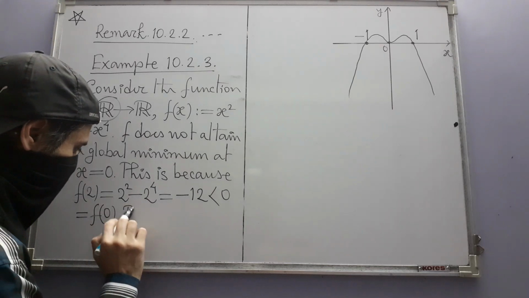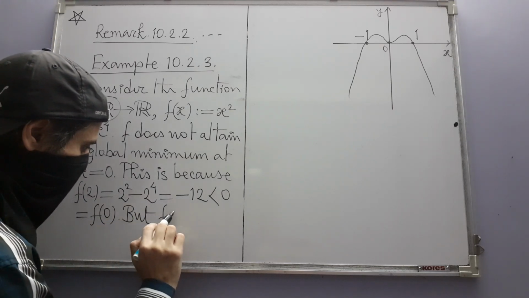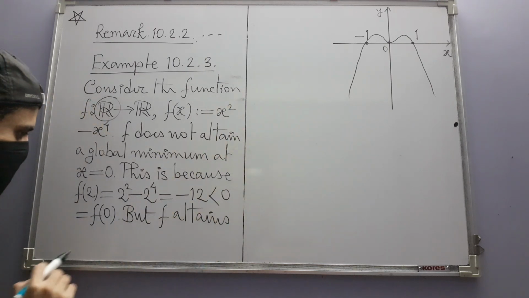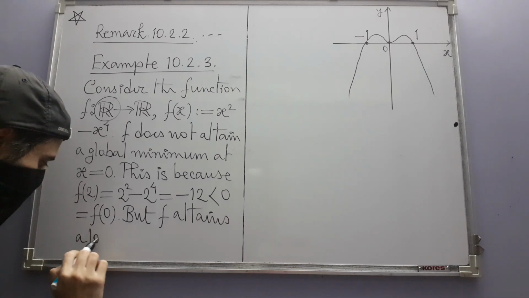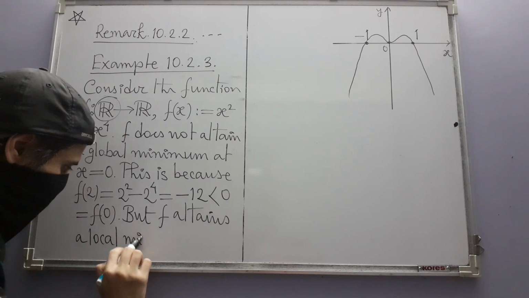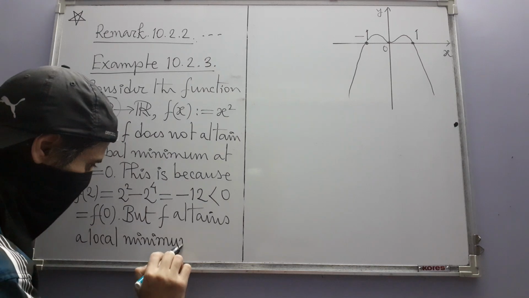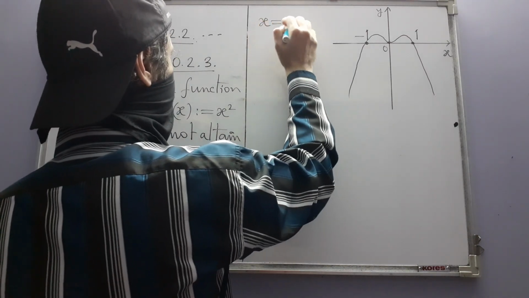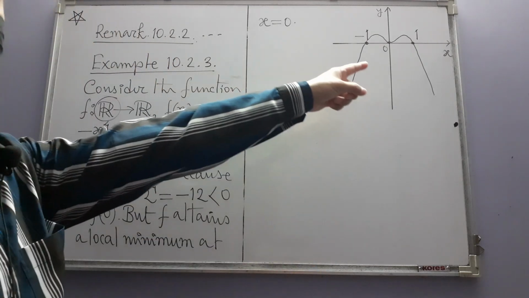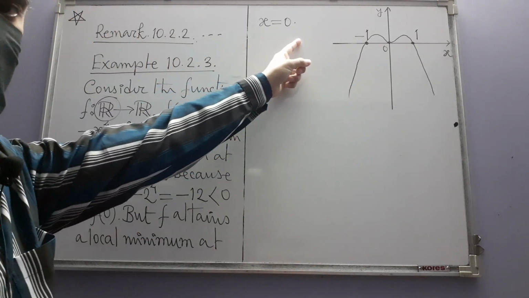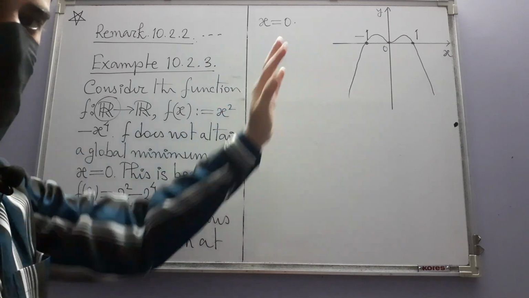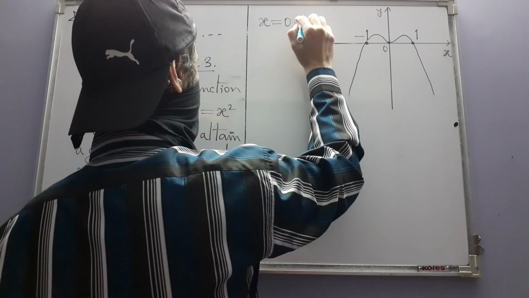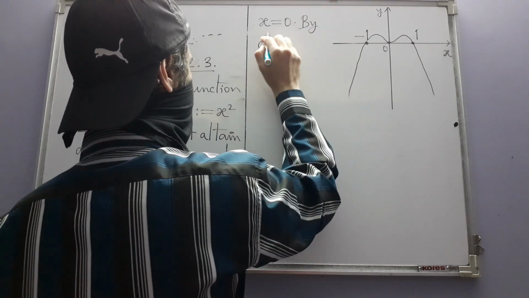But definitely from the graph itself you can see f attains a local minimum at x equal to 0. And instead of simply relying on the graph to justify this, the author has given a simple argument also. By choosing,